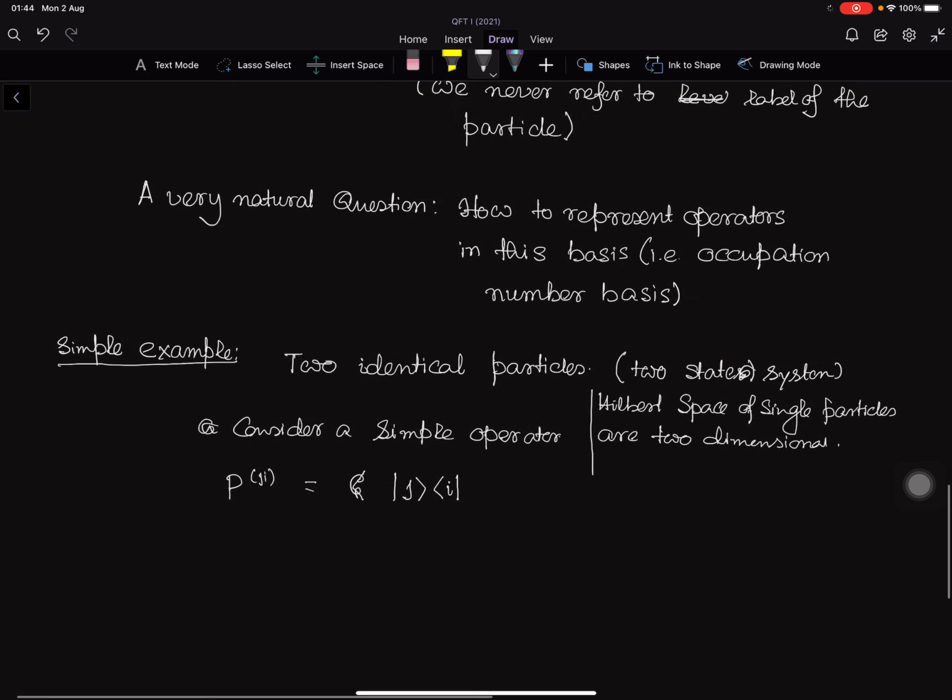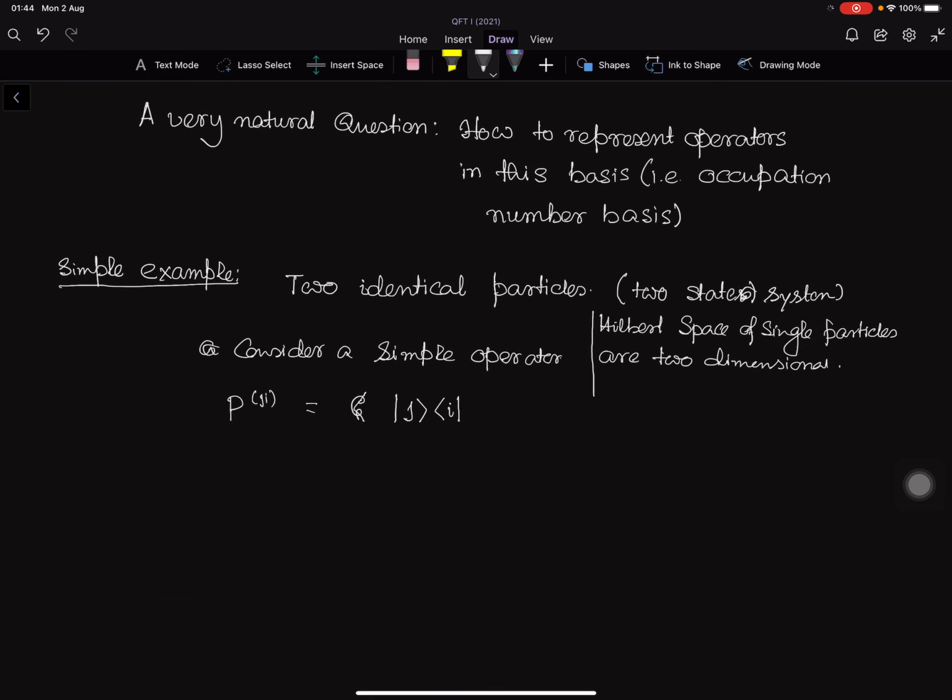Okay, which means it takes state i and maps it into state j. Okay, so if this is the case, then